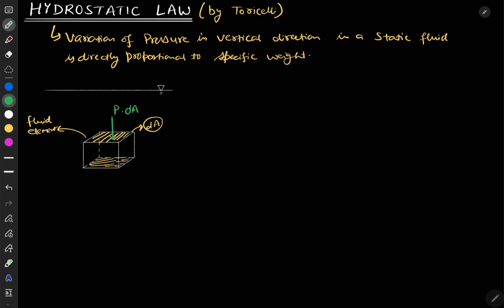Now let's say that the height of the fluid element is dH. So the vertical force acting at this height will be P plus dP, P being the pressure here and dP the change in pressure, times dA. This is our upward force, and of course the weight of the fluid element will also be acting. This value will be equal to rho g times the volume, that is dA times dH. So for fluid at rest,